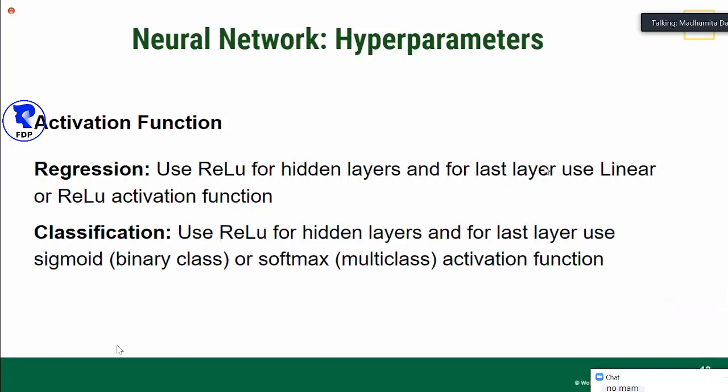And if you have a regression problem, and I hope everybody understands the difference between regression and classification. If your final output is a number, then that's a regression problem. If your final output is a category, say diseased and healthy, then that's a classification problem. So if you have a regression problem, you can use ReLU for all your layers. You can use either ReLU or a linear activation function for your last layer before the output layer.